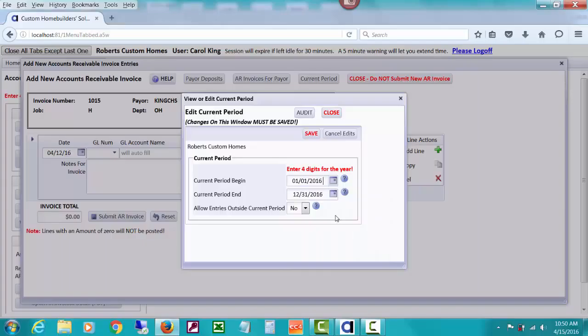It takes a higher level of permission to set these. I could set it to say allow entries outside of period, and I've set it to no, but I could set it to yes, and the user would just get a warning that it was outside of a period. But let's save that,